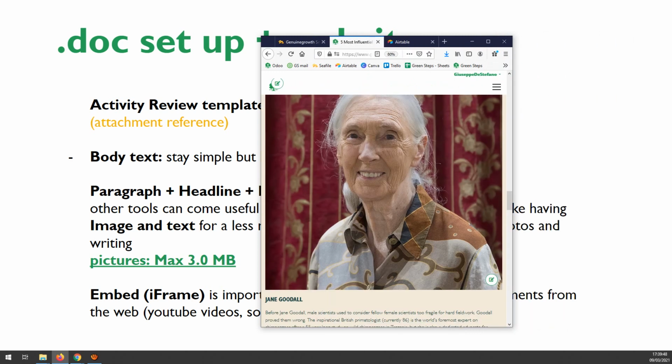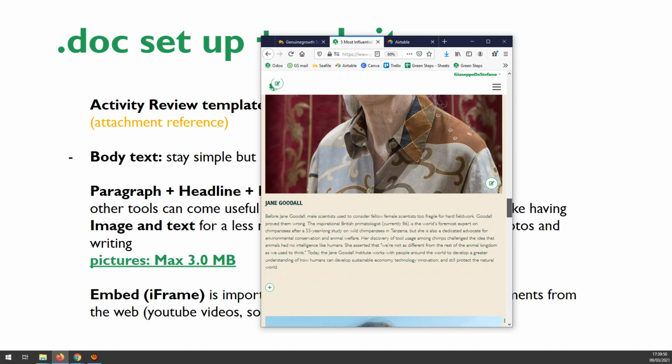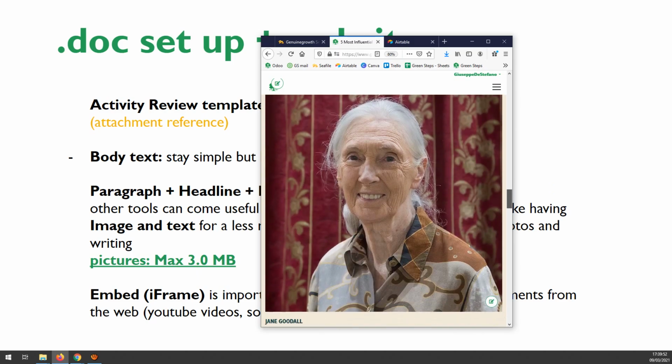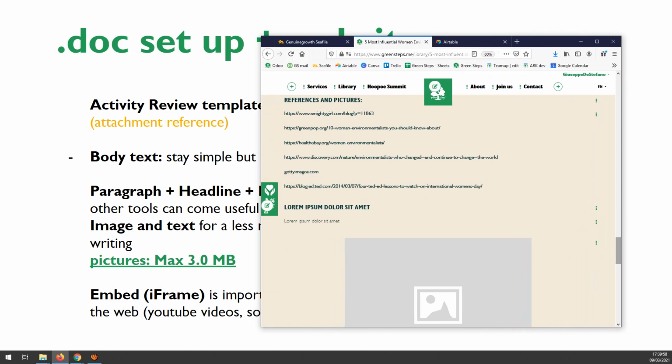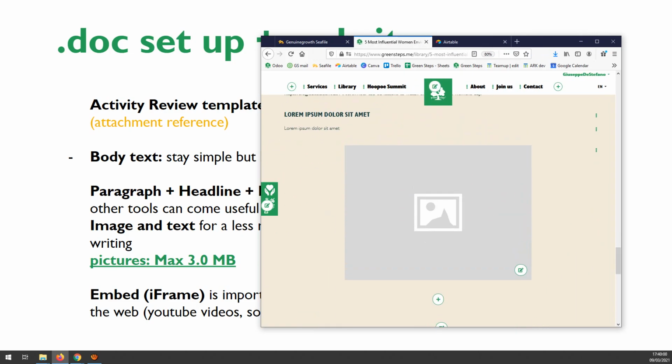So if it's uncropped, the picture is always keeping its size. If it's cropped, it's going to be modified, and we don't want this. So these are the three most important tools. You can check out the other ones. Remember that if you